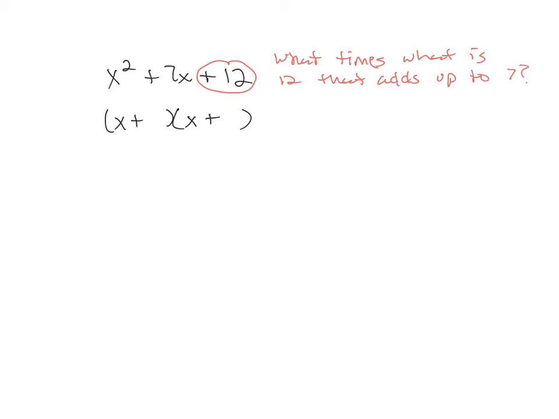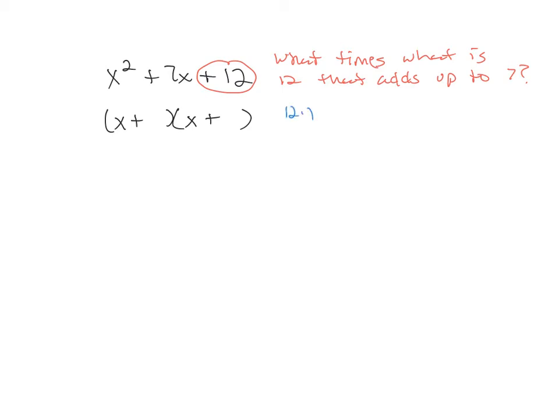So it's what times what is this number that adds up to the middle number? Obviously the 12 and the 7 will change on every problem with different numbers. So it's what times what is this last number that adds up to the middle number? So we could say, well,